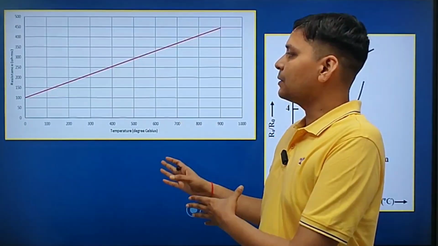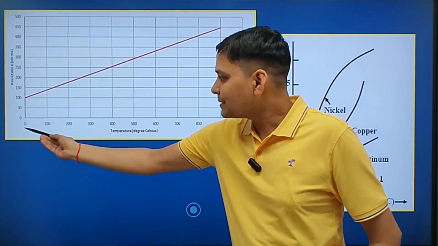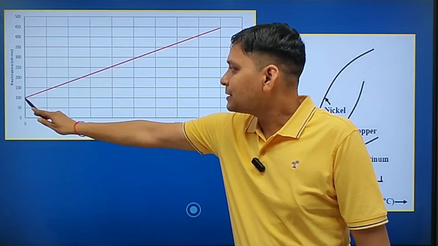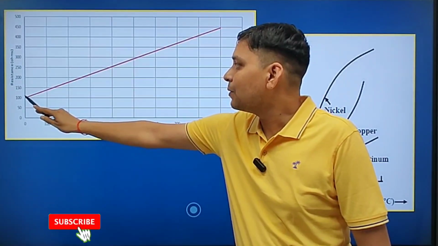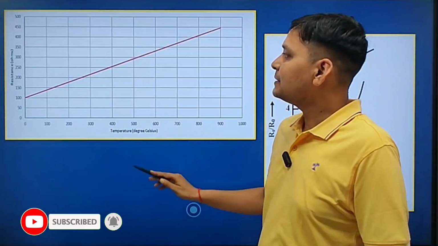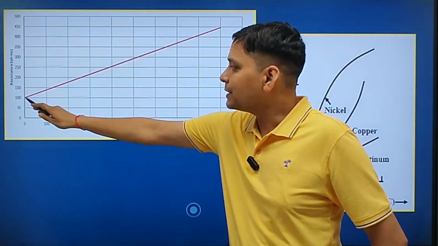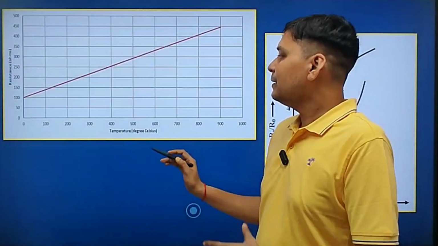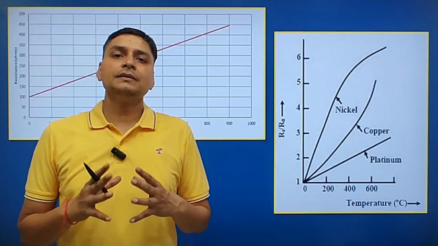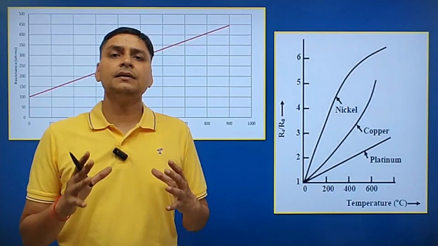Okay friends, here is a curve for PT100. PT means platinum and 100 means at 0 degree Celsius the resistance will be 100 ohm. So the graph starts from here. Here it is 100 ohm and then it varies linearly according to the temperature. If we are using PT500, this graph will start from 500 ohm and then vary linearly according to the temperature. The other reasons for using platinum are that platinum has the widest temperature range and it has excellent long-term